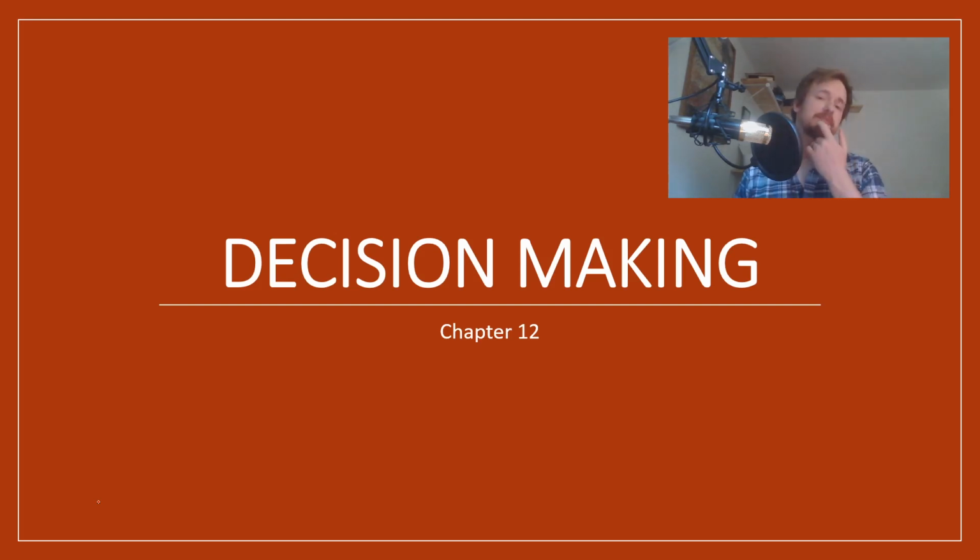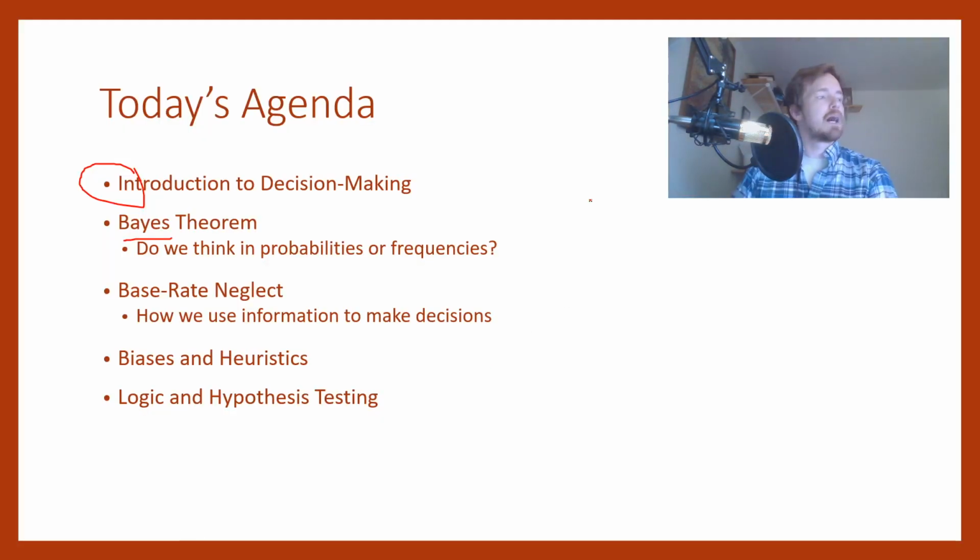Another thing that's kind of interesting about this specific area is that we're going to see a lot of cross-pollination with other areas of psychology in decision making. I see decision making applied a lot, not just in social psychology, but also in industrial organizational psychology as well, and sometimes in clinical psychology too. So there's lots of ground to cover. With that said, this is one of the longer chapters.